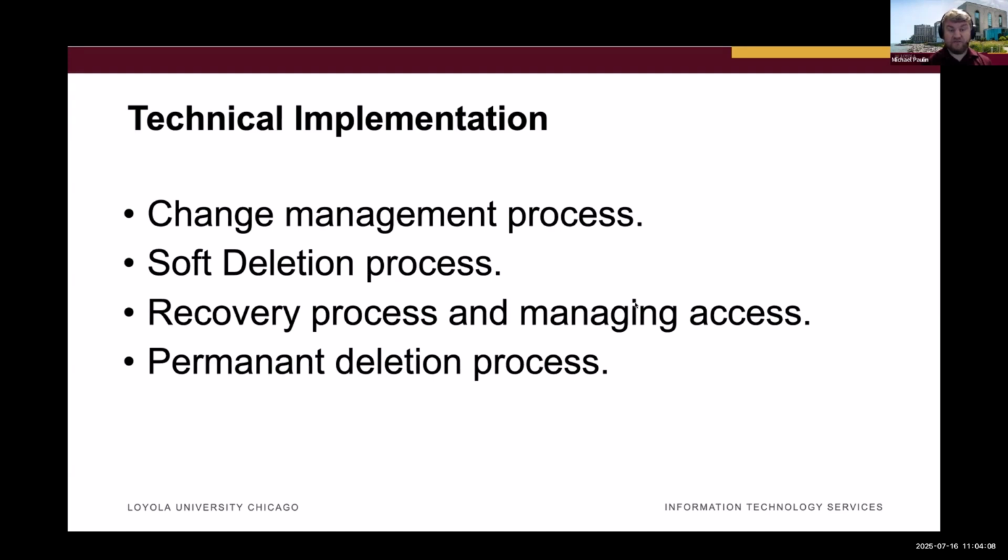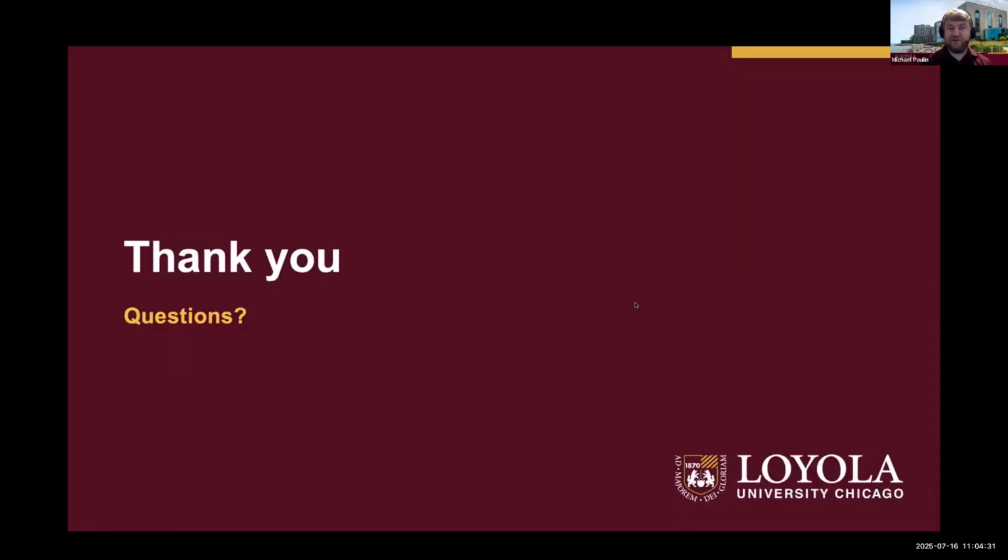Finally, after the 90 days of soft deletion, we once again set up a change management ticket internally and contact Longsight and have them go through the process of permanently deleting the courses. This normally takes 7 to 10 days for the courses to be fully deleted. When we're informed that this is done, we do a spot check to confirm that the courses are deleted. And that should wrap up the process. And so if anybody has any questions, please let us know.